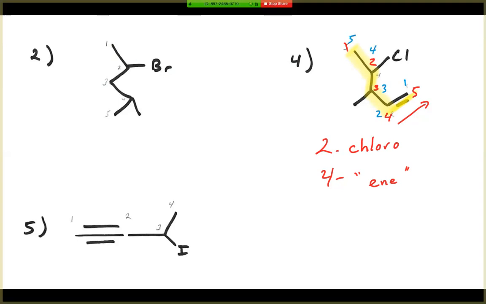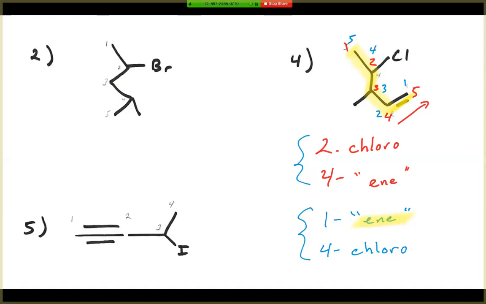And in that case, I'd have a 1-ene. I'd also have a 4-chloro in that direction. Now I've got to choose which one keeps my lowest numbers. 1 and 4 is lower than 2 and 4. Another thing that backs that up is that the double bond is going to take precedence over the